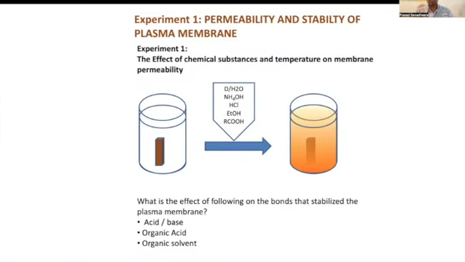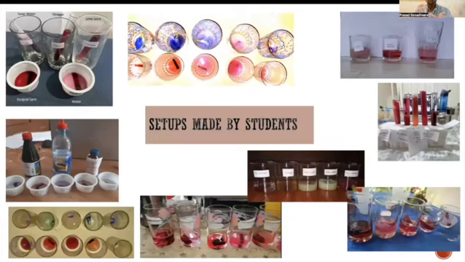How they have done it at home. So this is one of the experiments. I'm not going to elaborate on this experiment. These are biology experiments. So instead of using the glass, usually we are using the test tubes. But here they have used what they had at their home, and you can see the different colors have come because they have put different acid, base, and other alcohol type solutions here, and that's why they are giving the